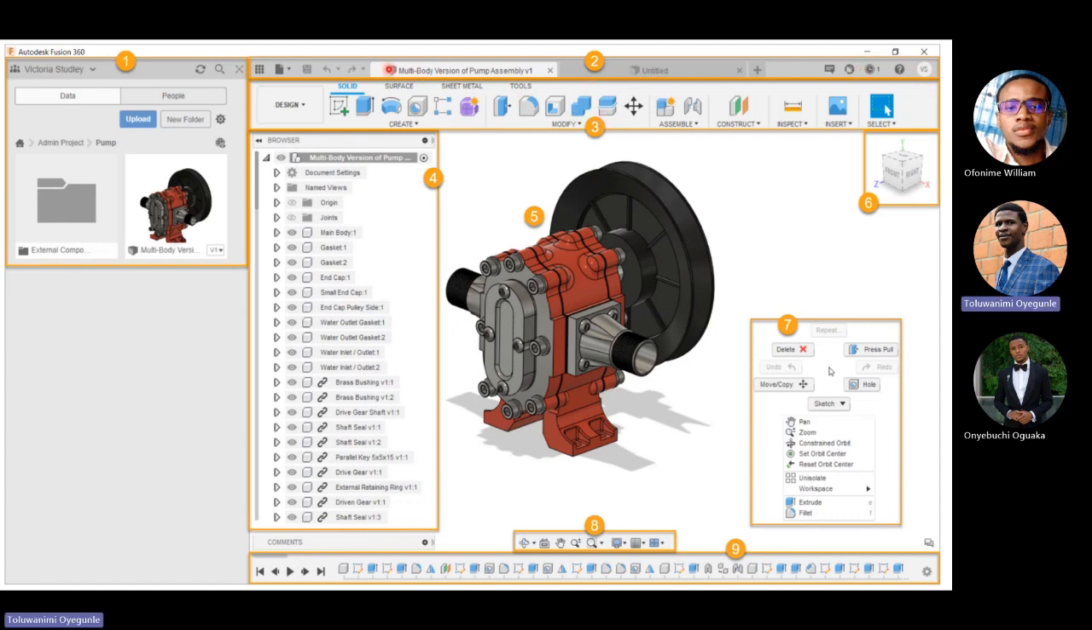Below the toolbar, the application bar, sorry, is the toolbar. And in the toolbar, you have your workspace, and you also have your tabs. On the right here, where you see my pen, is the workspace. This workspace has different types of